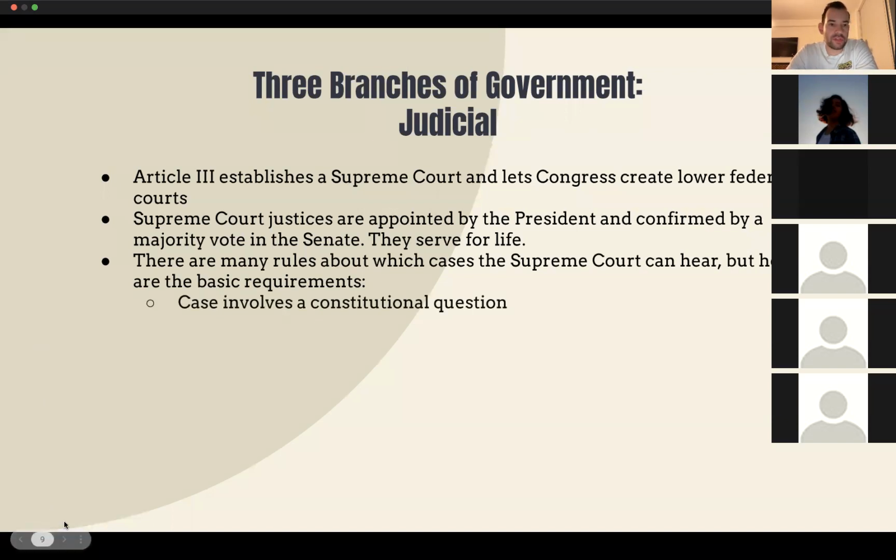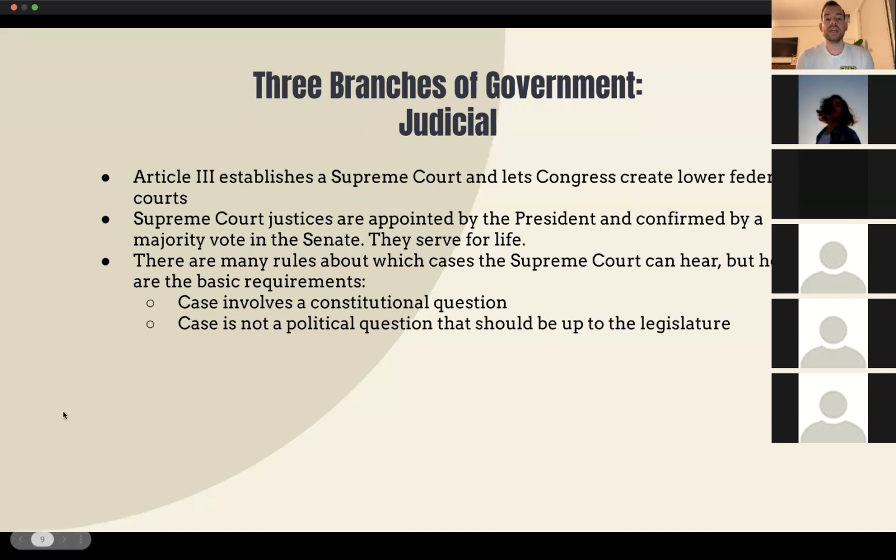First, the case involves a constitutional question. That's the simplest, easiest way to eventually get your case heard by the Supreme Court. So if it's a free speech case, if you were standing in a public park holding up a sign protesting against the government, and somebody from the government took your sign, ripped it up, and arrested you for that, that is definitely a violation of your First Amendment rights, and that involves a constitutional question, and so your case might eventually go to the Supreme Court.